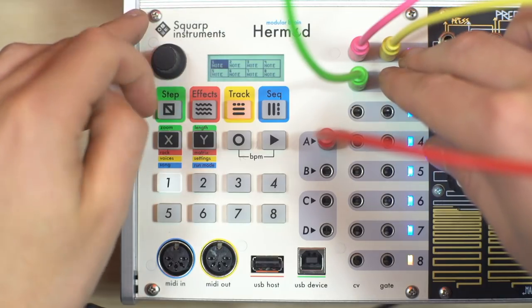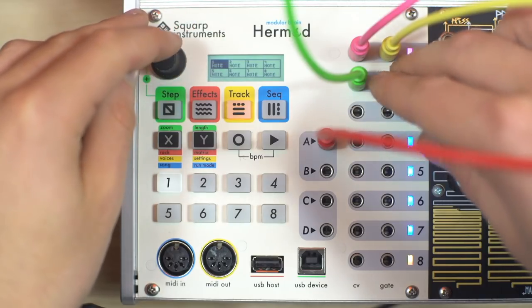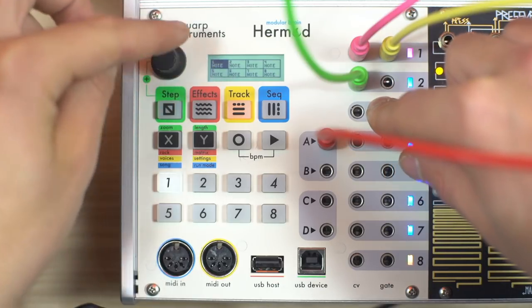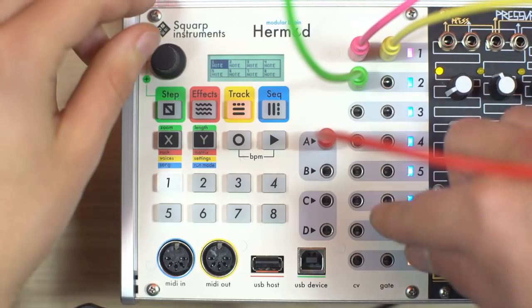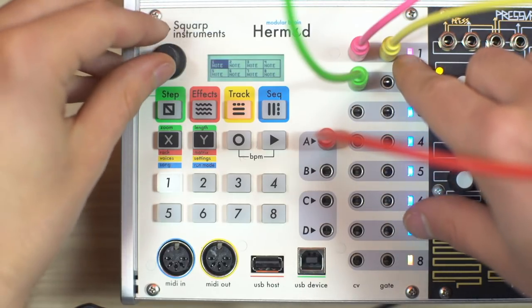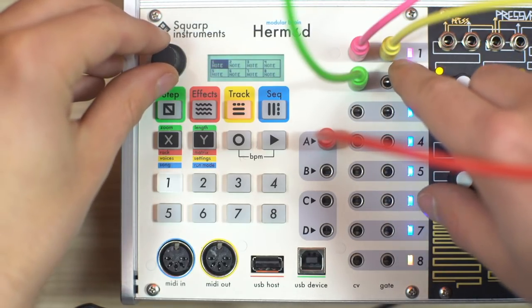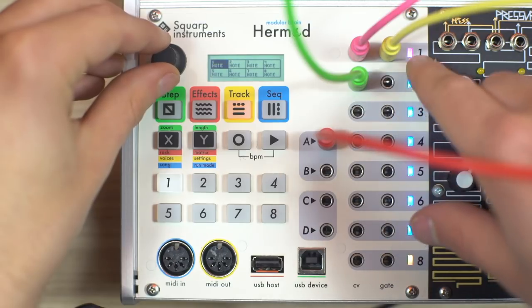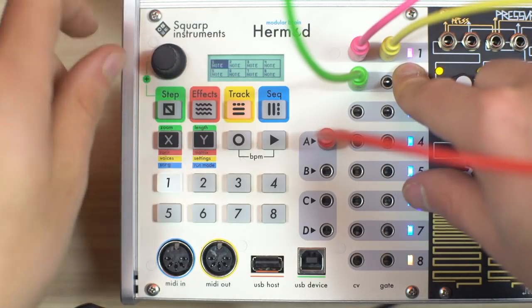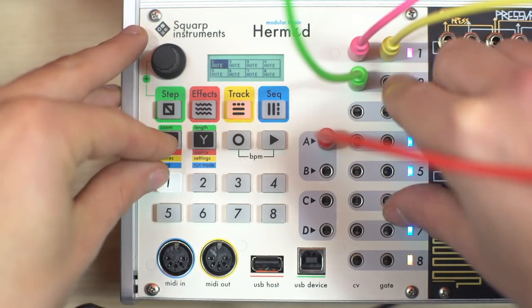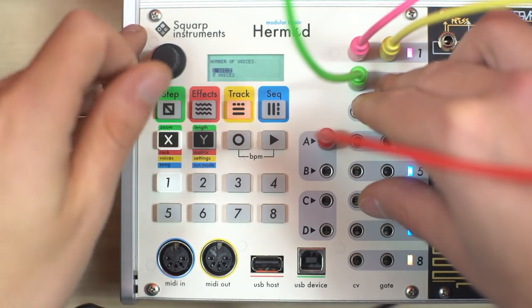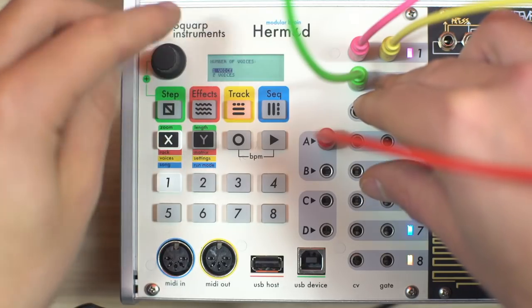So when you turn on the mode, with the default settings, you're going to see these 8 rectangles here. Each rectangle represents a voice, and when you turn on the mode, each voice is a monophonic voice, without velocity, without polyphony and so on. If you want to change the layout, you can press the X button, and the layout edit is a 2-step